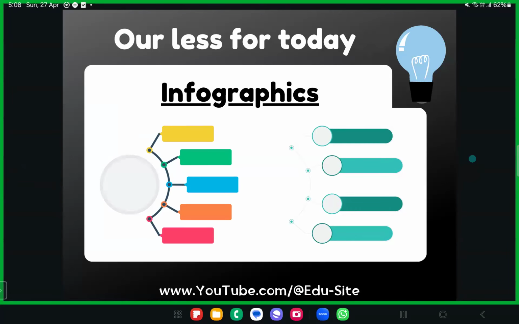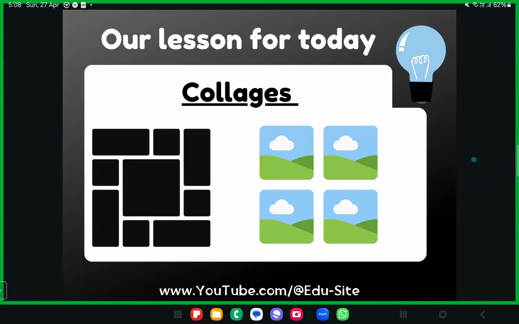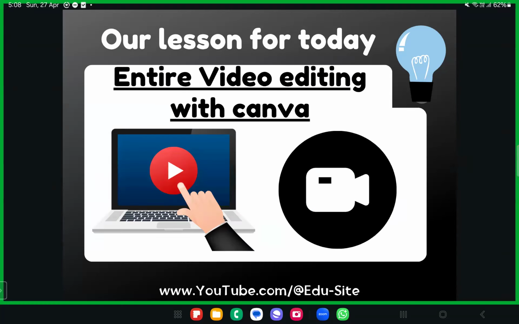We are going to start with infographics, then the website designing, then the collage. These are the topics that are left out, so we'll cover them one by one. And today you're going to learn a very important concept: designing videos. How are we going to learn entire video editing in just one class? Today's class is very important because we have a separate course for video editing, which takes around 10 or 15 days. But today I'm teaching you entire video editing in 1 day. So I just want you all to grasp all of these concepts.